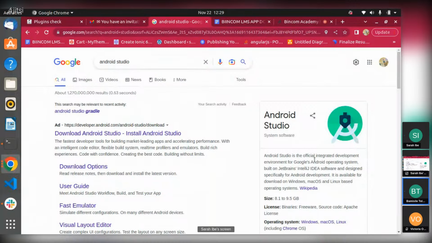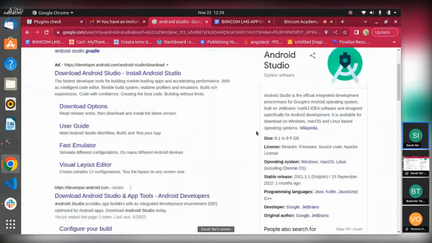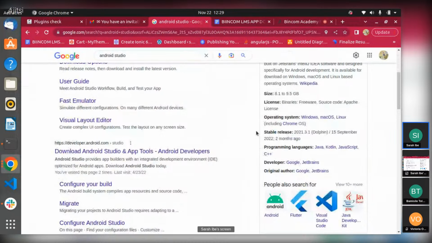But it is specifically designed for Android development, for Android applications. That's what Android Studio is, but it still functions the same way VS Code functions.